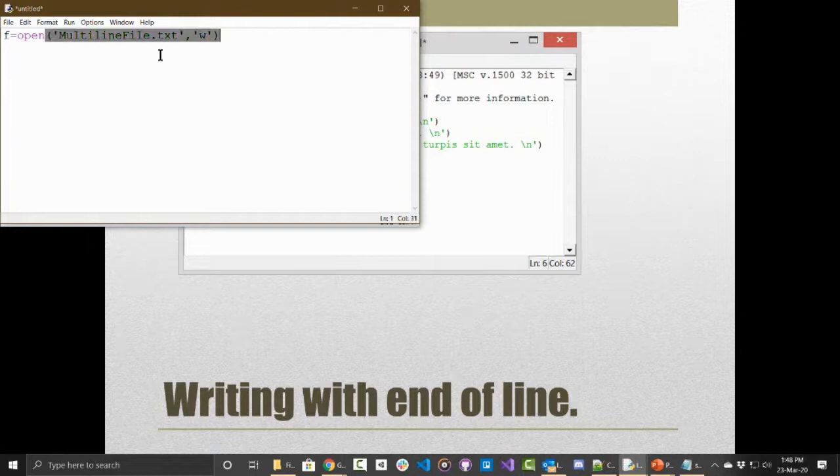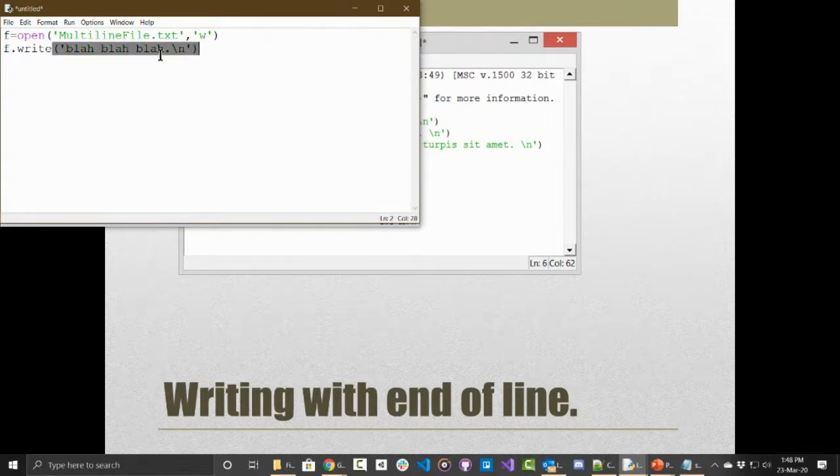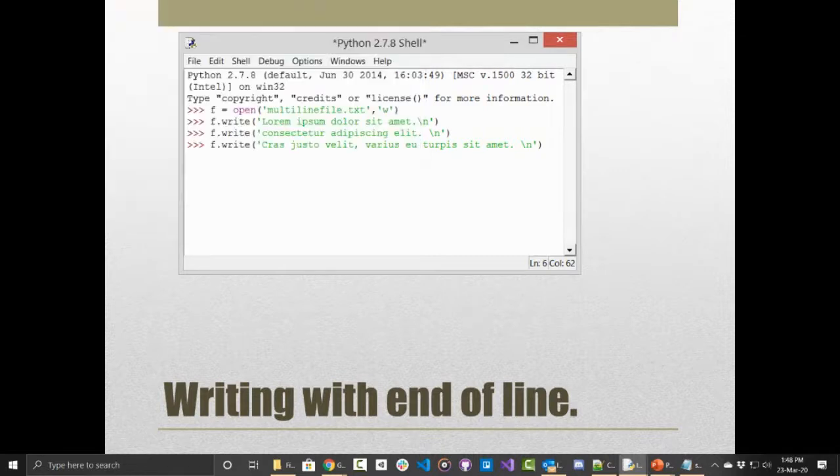And we're going to open this up for write. And then you can put whatever you want. Blah, blah, blah would be fine. And then I'm going to put a \n. And I'll just do that few